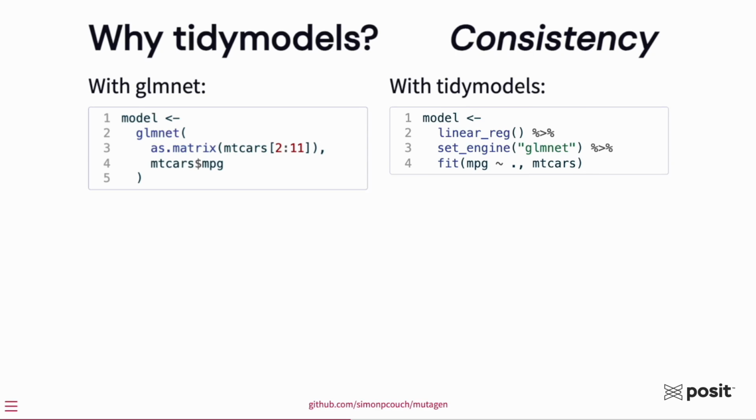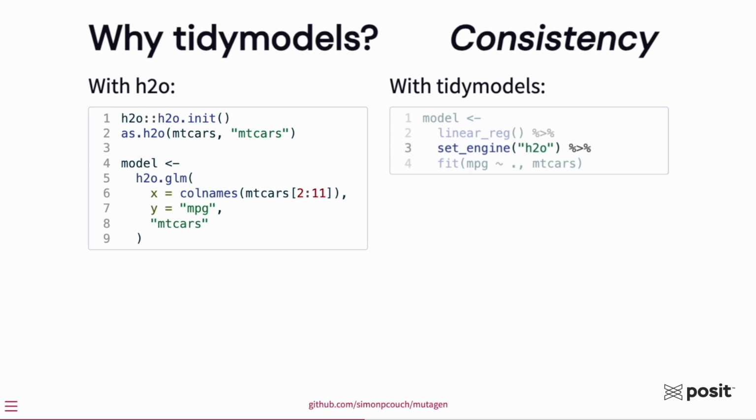To transition that code, I needed to know not only that glmnet existed and was able to perform regularization, but I needed to look at the documentation to see how that function wanted the predictors to be formatted, how it wanted the outcome to be formatted, whether it needed any additional arguments, and which of the functions in the package I needed to use to do so. And again, in tidy models, all I needed to do was change the value of that engine argument. And the story goes the same way with any other engine you can imagine.